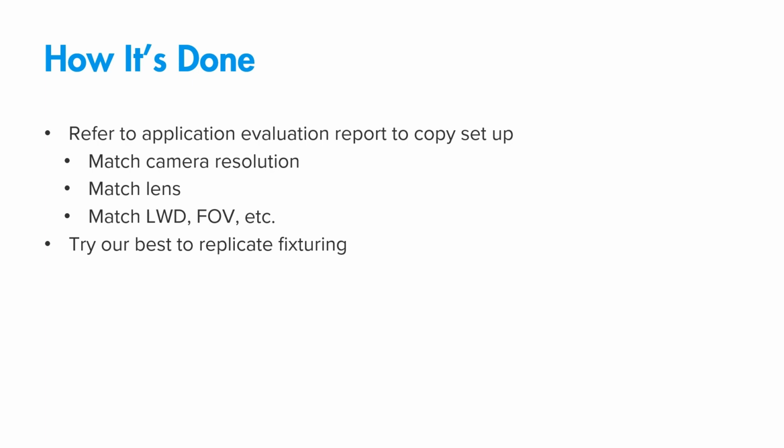Sometimes we can perfectly set up the camera resolution or set up your setup. Sometimes we have to make a little bit of changes to our camera to match your resolution. But sometimes we deviate from the setup altogether if we think that the application needs it. In this case study, we did deviate in two ways. First, we changed the camera to a 5 megapixel based on the math of the best resolution and the size of the text they wanted to read. The 2 megapixel they were planning to use would not have been strong enough in our opinion,